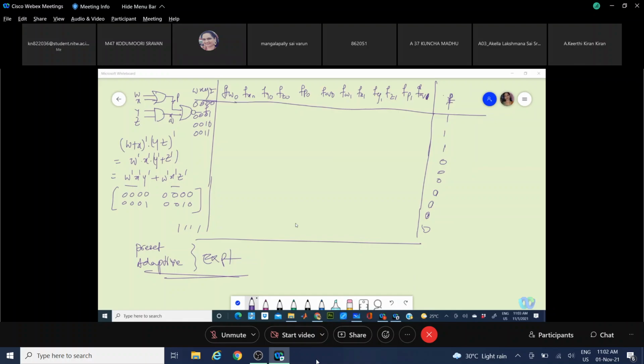Implement these designs using SR and T flip-flops. That means both I'm asking. It's not that SR or T, okay? Both you have to implement the designs using SR and T.